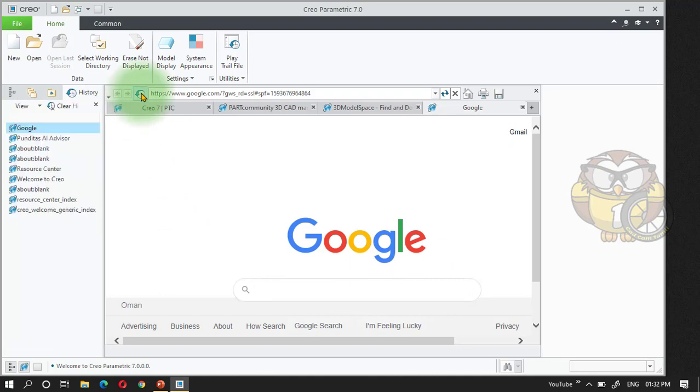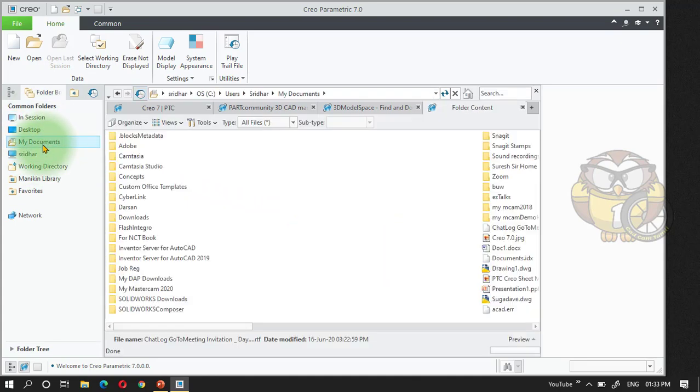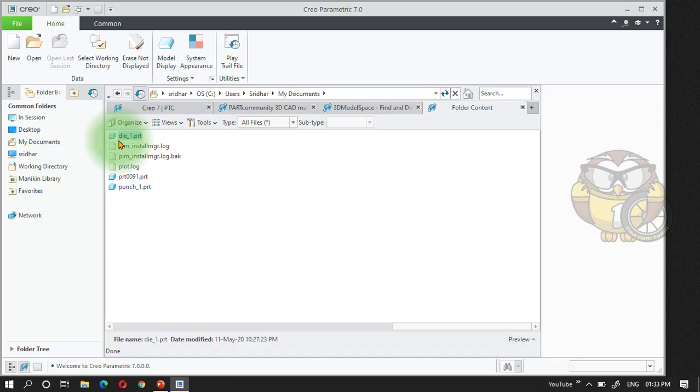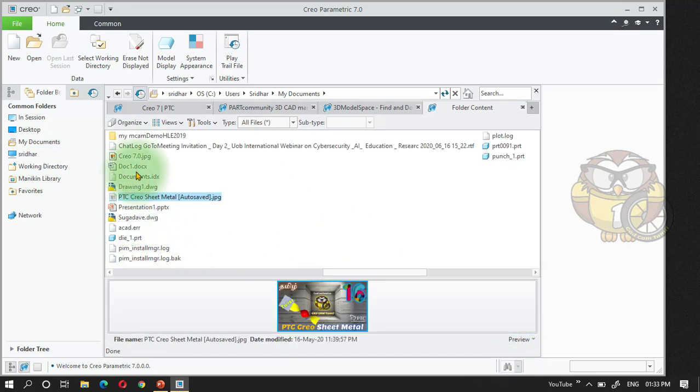Browsing history is there, front and back options are there, refresh, cancel, home page, print, bookmark, save as a bookmark. Every browsing option is there. And this is not only a web browser, at the same time it acts as the system browser. For example, you have some folders in your My Documents. Whenever you want to select any images or files, here we will be able to select them and see the preview also.